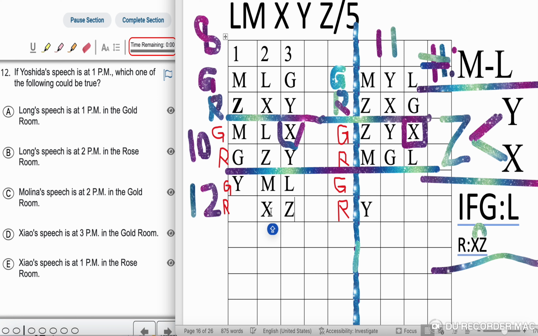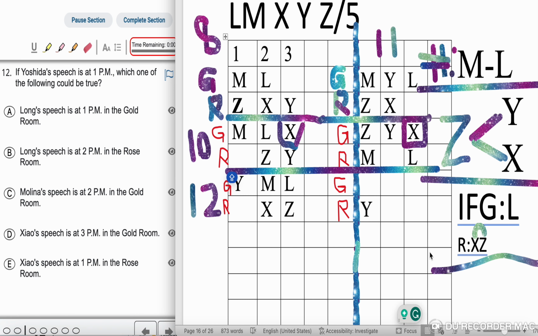And for this world too, I'm going to put M before L on the bottom one. The reason why I do it is just to have two different worlds that meet the same conditions. That way, if the answers come up, we have two worlds to work with. So we know if L is in the gold room, we're going to have what you consider the